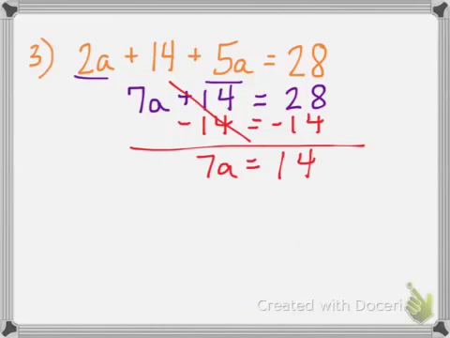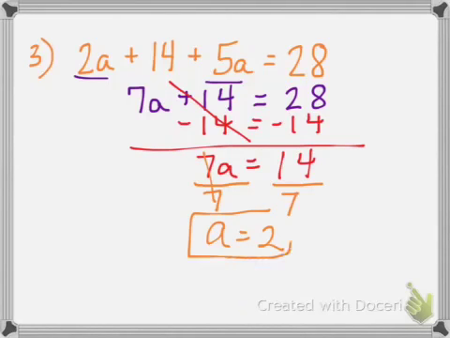And then my third step is to divide by the coefficient, because this is 7 times a, so the inverse of multiplying is dividing. So divide by the coefficient, and I get a equals 2. So for number 3, you should have gotten a equals 2, and let's do a quick check. I know that 7 times 2 is 14, plus 14 equals 28, so I know a does